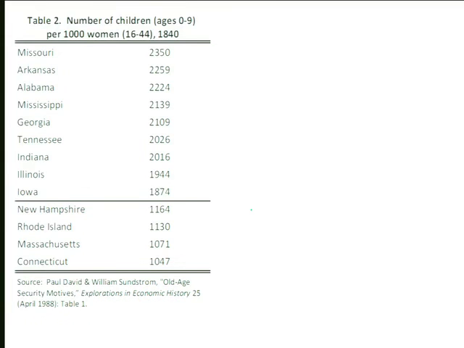And the data that are available in the census don't ask women how many births have you had. They don't ask how many live births are there. They go household by household, and they want to know who's living in the household and how old they are. And sometimes they ask, what's the relationship? Is this your son or